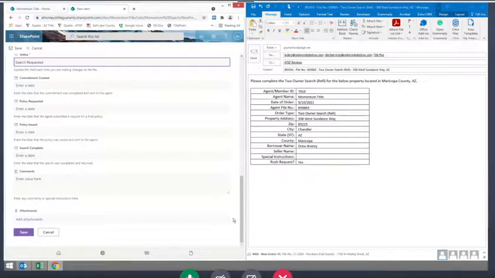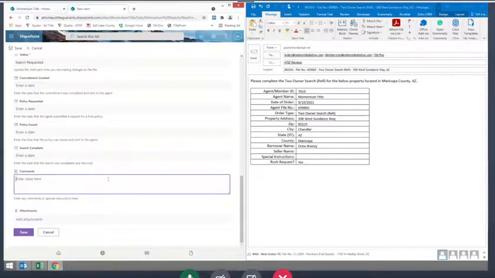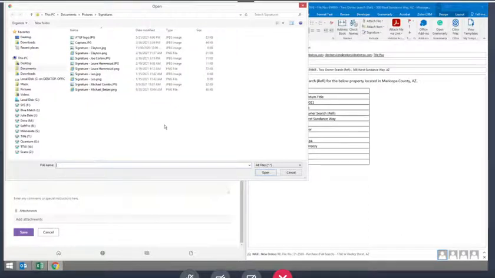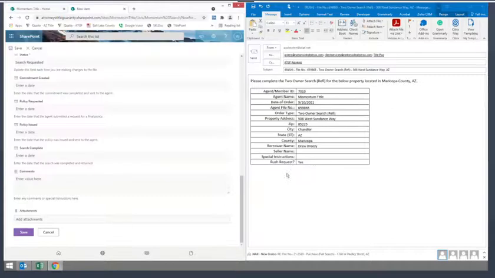Okay. All right. Now, in this as well, any comments that the agent puts under special instructions, make sure that goes in here. And if they have attached anything like a sales contract or anything of that nature into the file, you can click Add Attachments, and you can add these attachments directly into the list. The search will be added here as well. So whenever the search comes back,